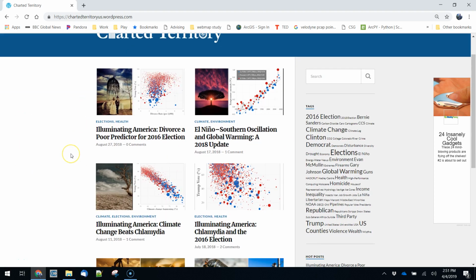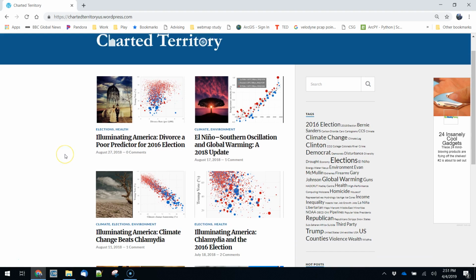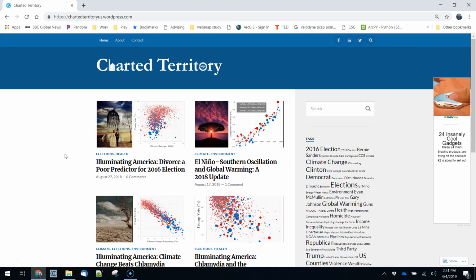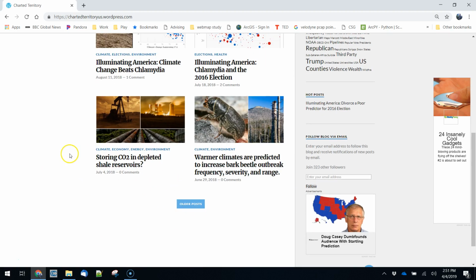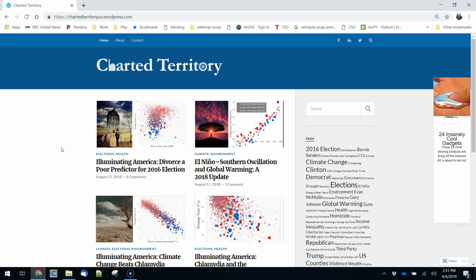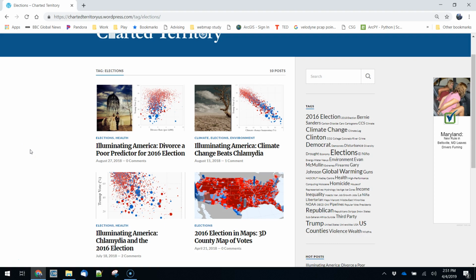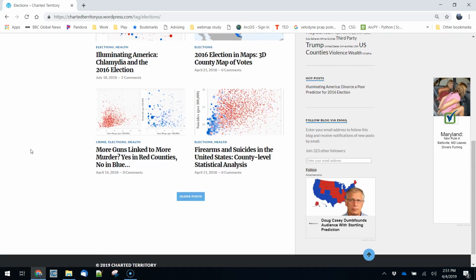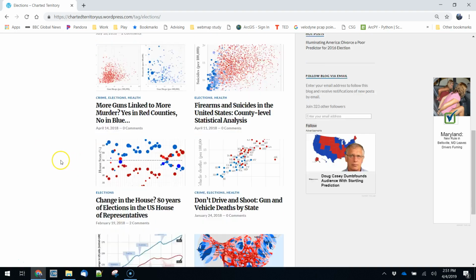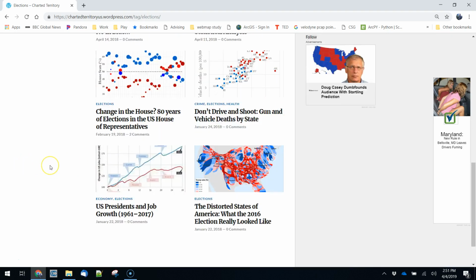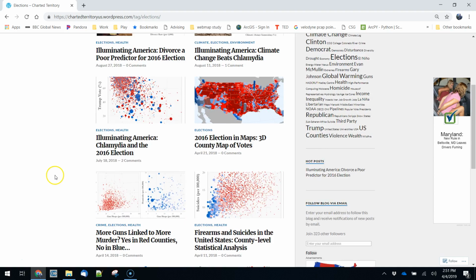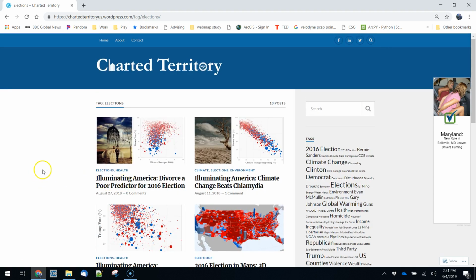There's a number of different articles and takes, and quite a lot of these are separated by red states and blue states. You can see that you've got a lot of scatter plots over here, often paired with an image, and he's got short headlines. They go a little bit deeper than that, but that's often the general idea. If we click on the tags over here, you'll see a number of different versions of this. You can scroll through and see how many different pieces he's written. There are, let's see, 2, 4, 6, 8, 10, 12 different pieces here.